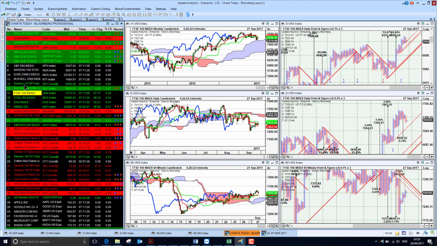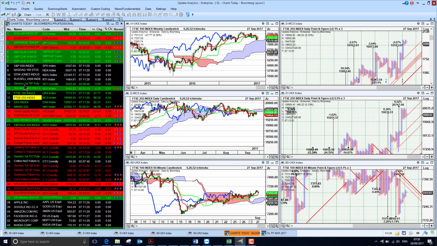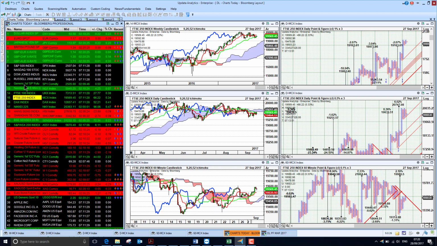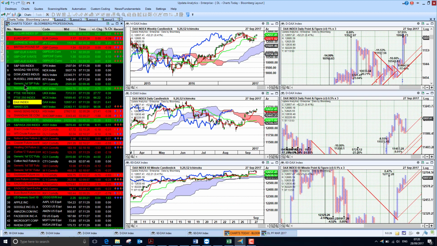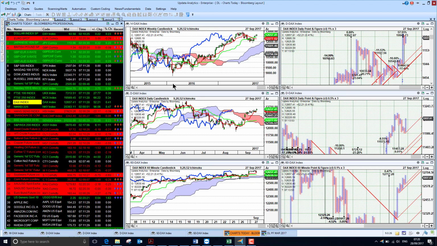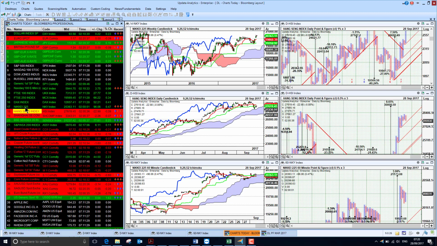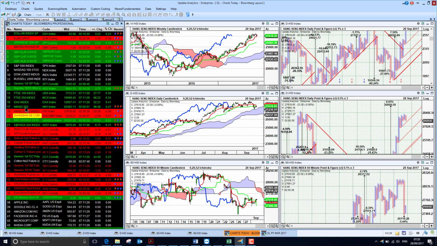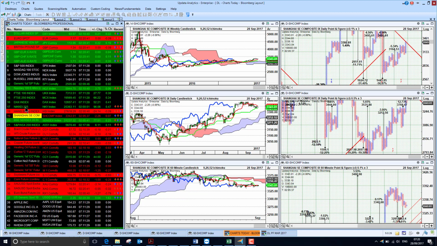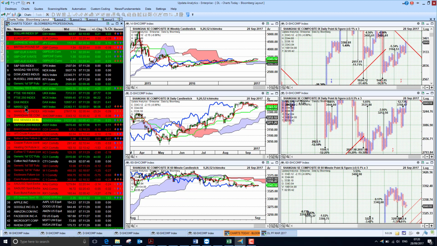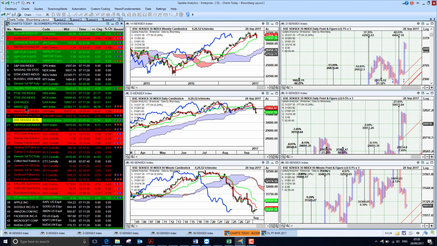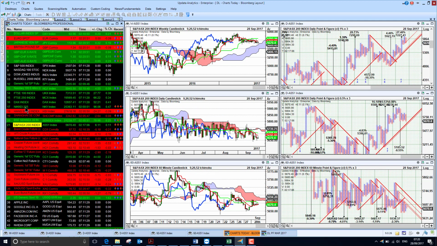The FTSE 100 just recovering yesterday through the cloud, and the FTSE 250 also just managing. The DAX looking surprisingly strong, holding on to its bull trend and just returning to medium-term bullish as well. And if we look at the Nikkei 225, also holding on to its bullishness as well. Hang Seng continues to look bearish, as does the Shanghai market. So we are just seeing China selling off a little bit there, and the Sensex recovering a little bit, but still bearish in the short term below the cloud. Australian market was up slightly, but still bearish with lots of downside targets in the short term.